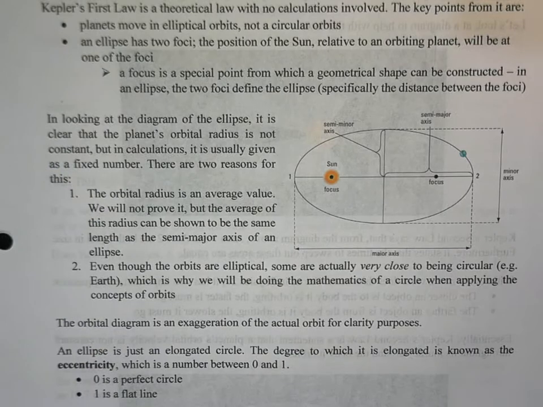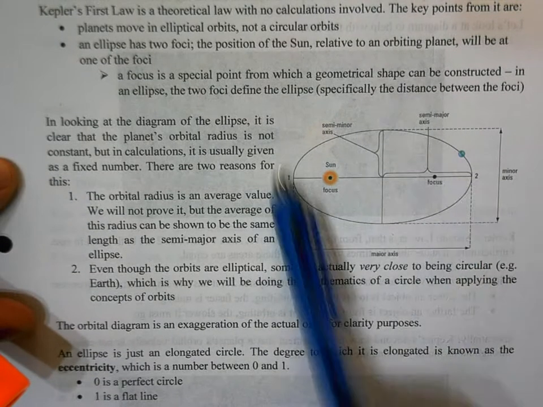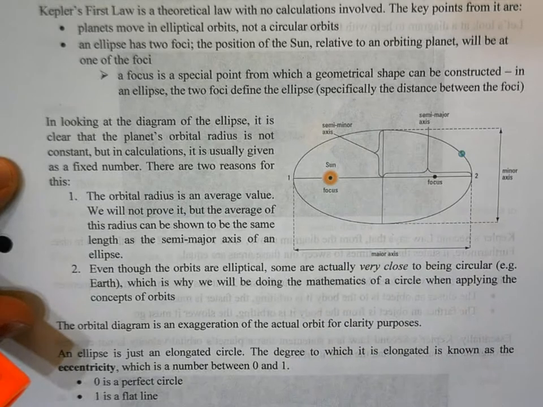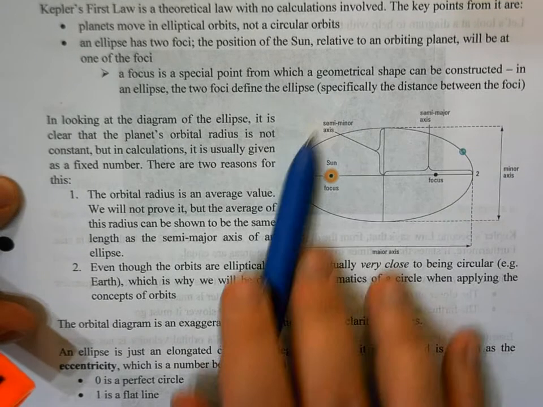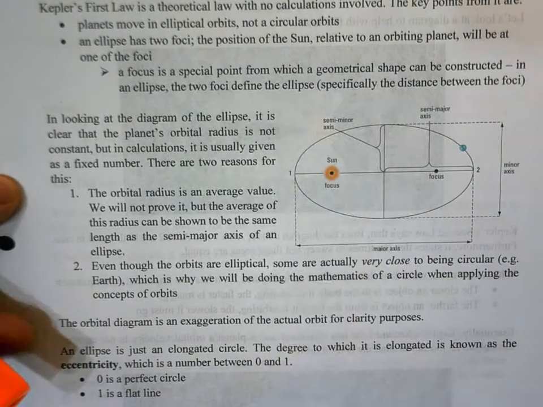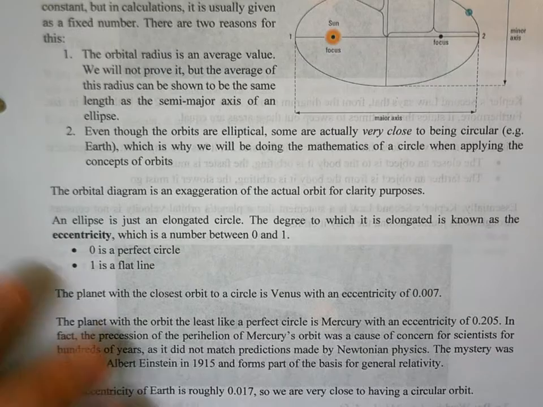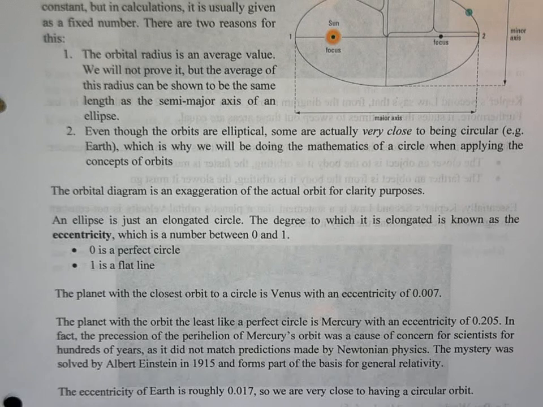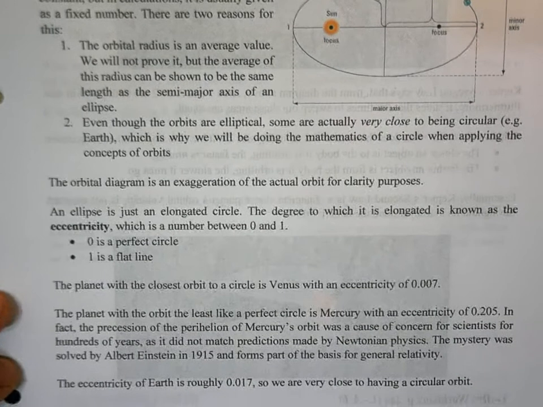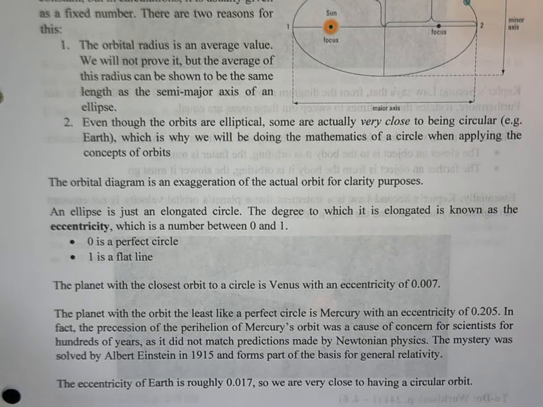In terms of that word foci, the foci of an ellipse are basically used to classify the size of the ellipse, like how big it is. So here's an ellipse, and here are our two foci that essentially define that ellipse. What it's saying is that the planet is going to travel in an ellipse, and the sun is going to be at one of those foci. Now, to measure how much of an ellipse we have, we're going to use the eccentricity. The eccentricity is a number between 0 and 1. 0 is a perfect circle, and 1 is going to be a flat line. So the closer we are to 0, the more circular the orbit is.